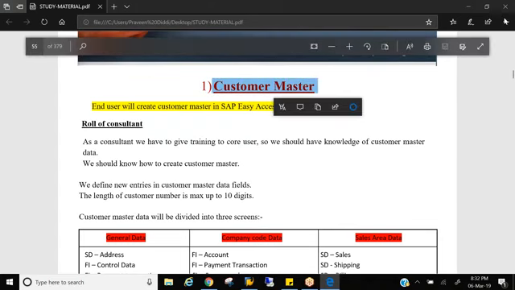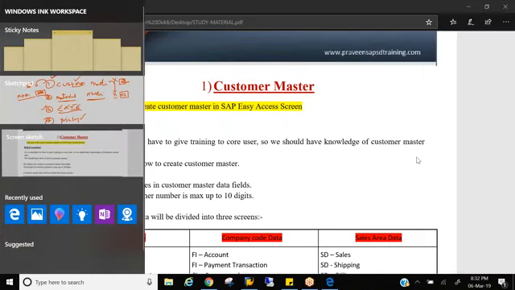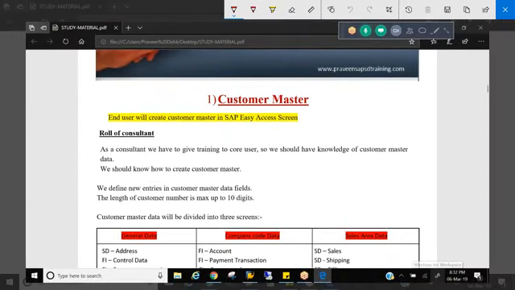So there is a major business impact in S4HANA coming to this customer master. In S4HANA, we don't have this concept called customer master, right? This customer master concept now in S4HANA is called business partner. Why business partner? Why can't it be the same customer master in S4HANA? Let me give you a little brief.